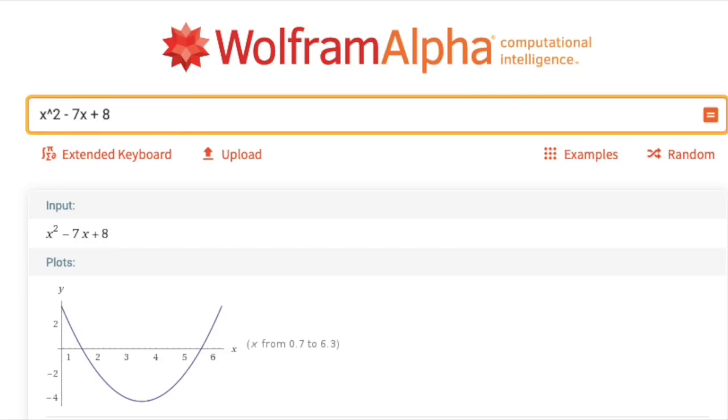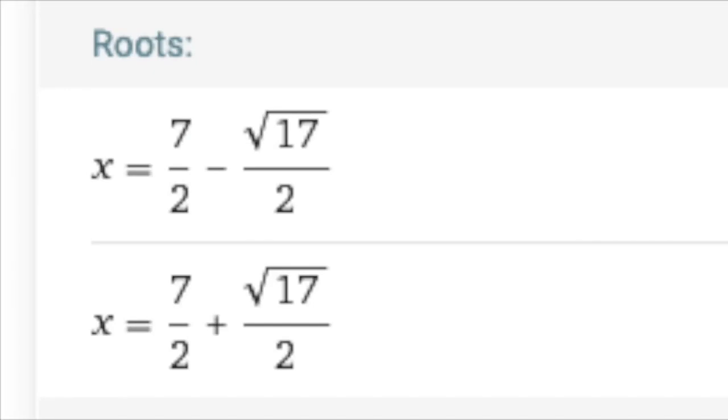For our first example, let's look at the function x squared minus 7x plus 8. If we graph this function, there are two roots that we can see. It's a parabola, so we know there's either going to be 0, 1, or 2 roots. And these two roots, one of them lies between 1 and 2, and the other one lies between 5 and 6. And if we scroll down, we can see that Wolfram Alpha gives us an exact form for the solutions